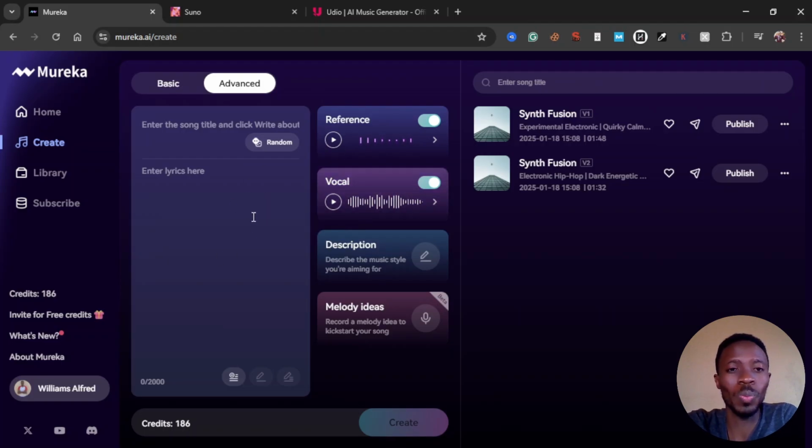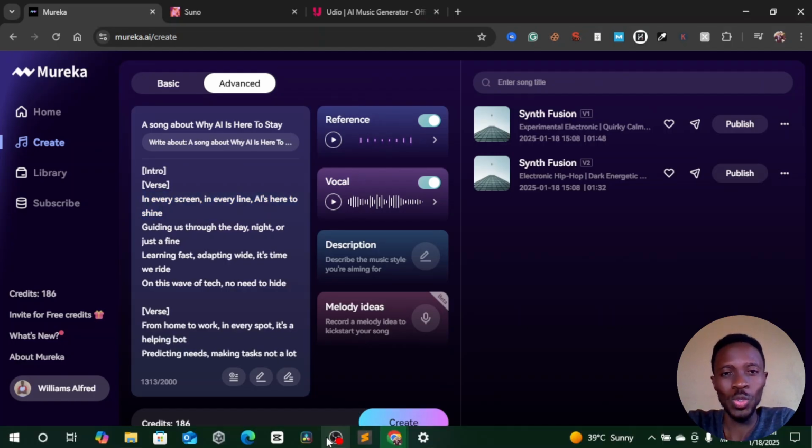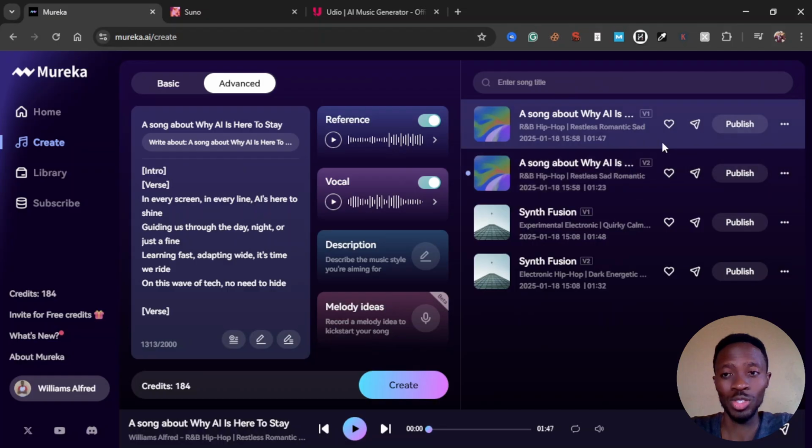But if you notice, I also lost the lyrics because I had to refresh the page for some reason. So let's just go ahead and populate the lyrics section again. All right, so this is a slightly different lyric, but it's going to do the job. So now that we have this, we have more than enough, like I said, to generate the song. We can just go ahead and click on create. All right, so we have the two variants of the song. Let's go ahead and listen to the first one. Alright, it started off,